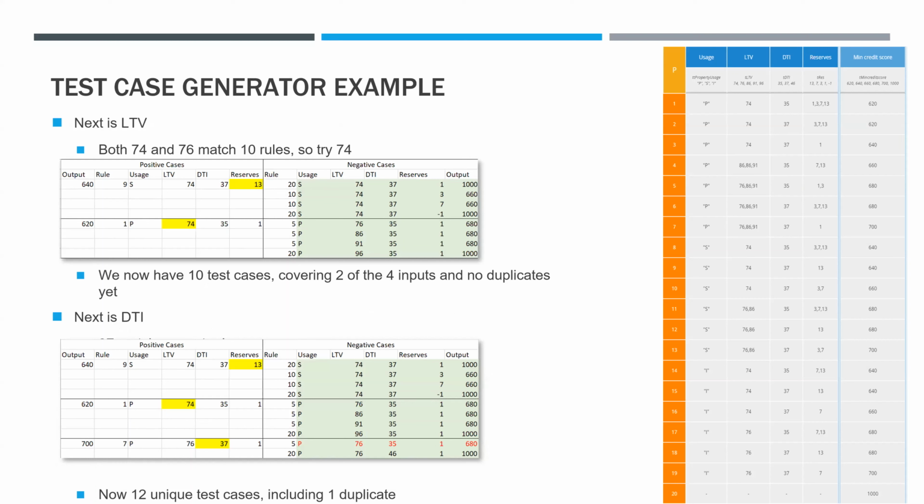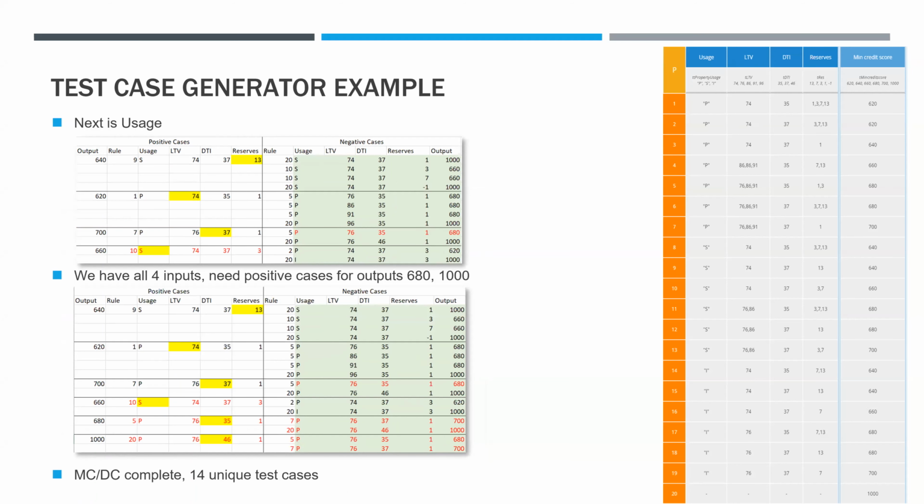Here we have one negative test case that's a duplicate. That's good, shown in red text. So now we have 12 unique test cases, including one duplicate. Then usage, looking for a new output value. So we pick